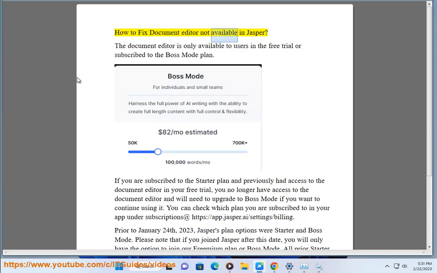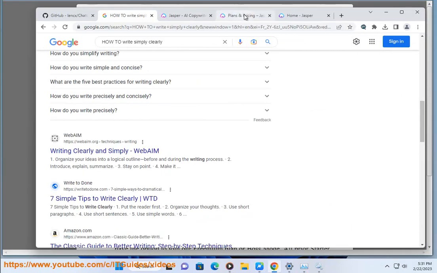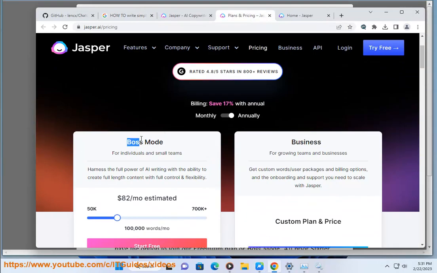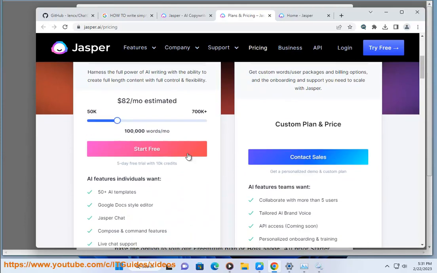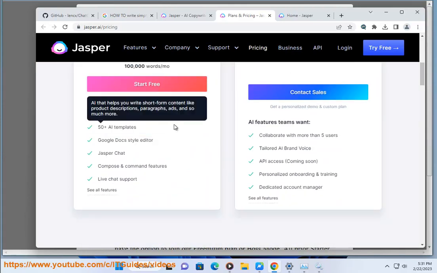How to fix document editor not available in Jasper. The document editor is only available to users in the free trial or subscribed to the boss mode plan. If you are subscribed to the starter plan and previously had access to the document editor in your free trial, you no longer have access to the document editor and will need to upgrade to boss mode if you want